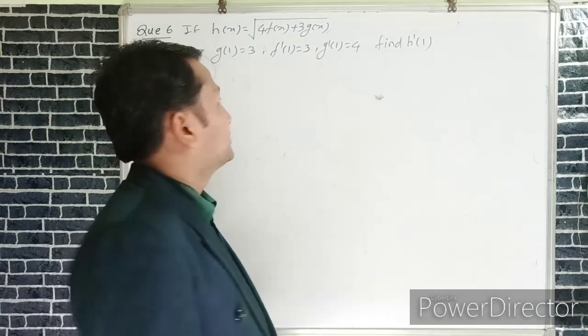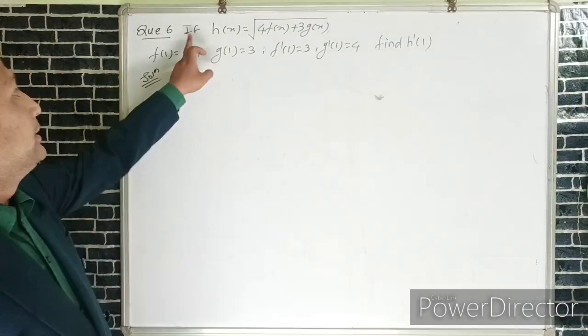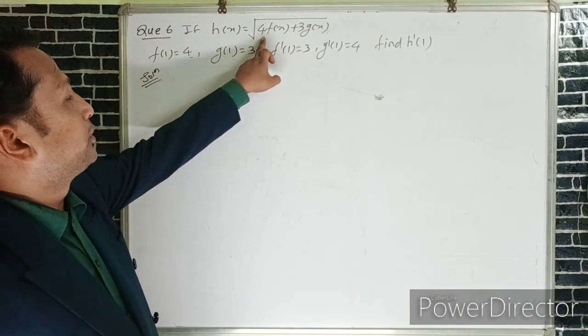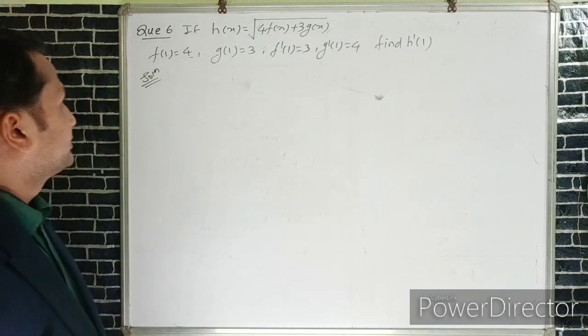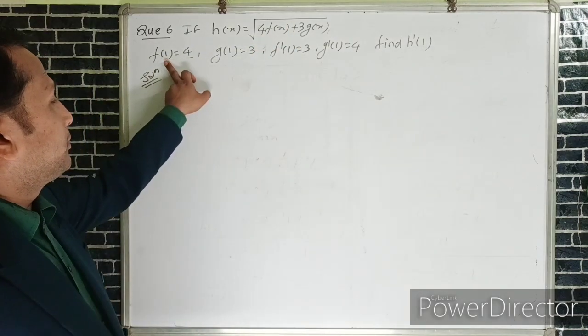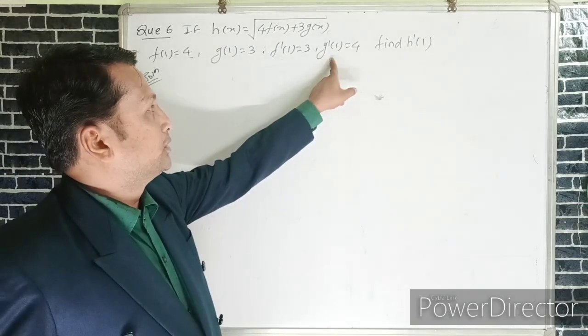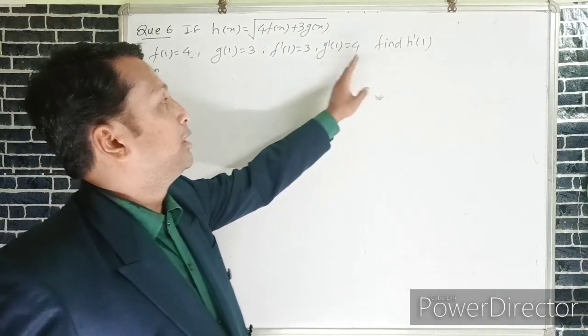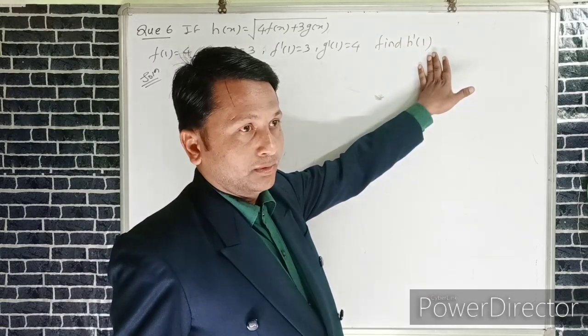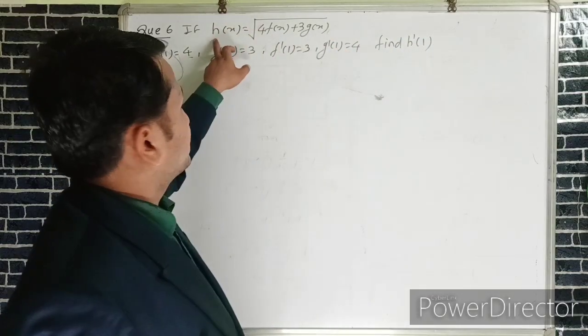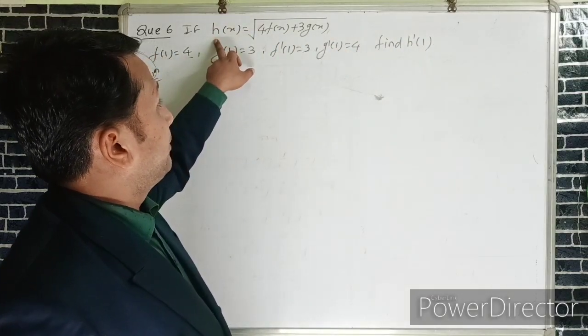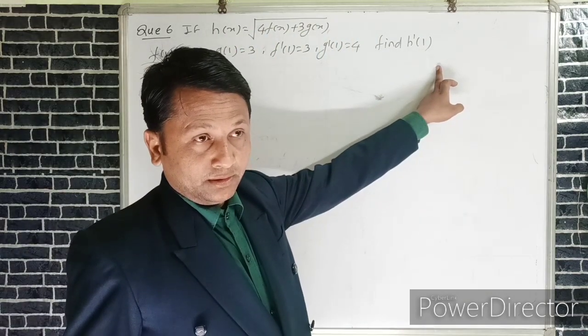Next, example number 6: h of x is equal to the square root of 4f(x) plus 3g(x). Given that f(1) is 4, g(1) is 3, f'(1) is 3, g'(1) is 4, we have to find the value of h'(1). If given h of x and we have to find h'(x), then